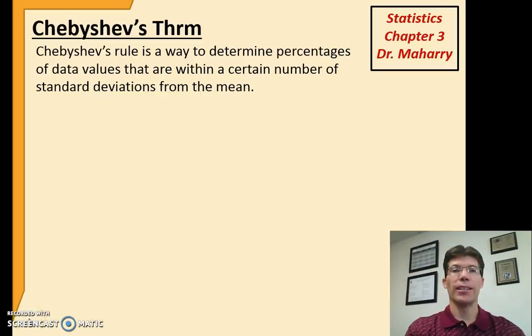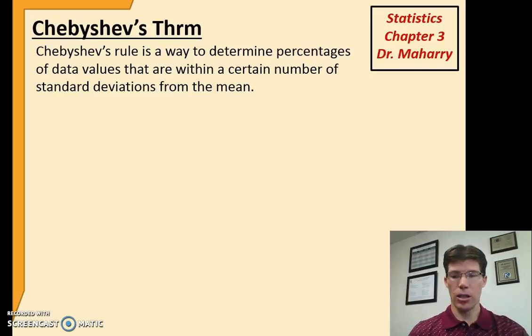In this video we look at Chebyshev's theorem and also the coefficient of variation. These are topics related to standard deviation in Chapter 3 of your textbook. Chebyshev's rule is a way to determine percentages of data that are within a certain number of standard deviations